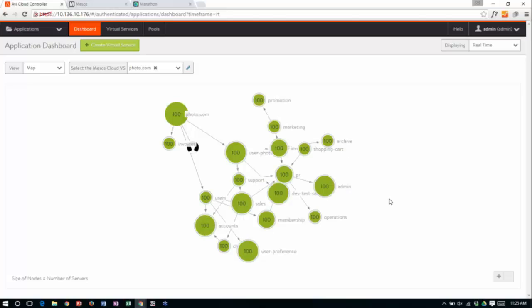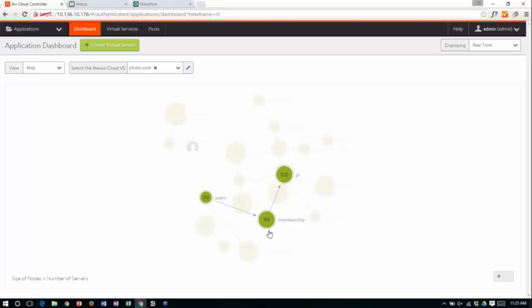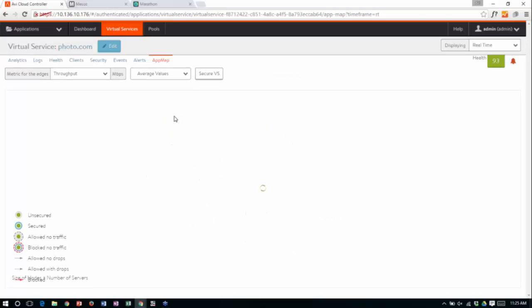So this entire chart we're able to very quickly update in real time. So you can see the health scores. We're capturing somewhere between 500 to 1,000 data points and metrics for every single microservice that is running, including throughput, latency. Let's take a look at that. And we generate based on that a health score. So you very quickly understand how are my services doing. So I'm going to click on photo.com. What you see on these arrows right now is throughput.